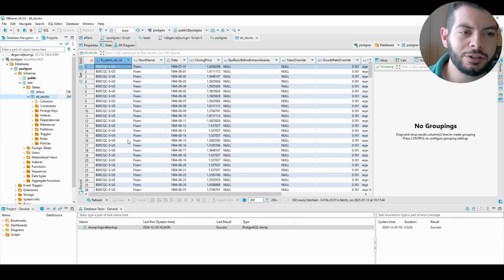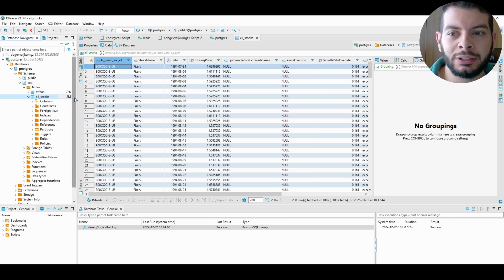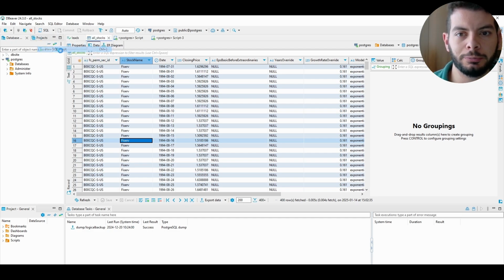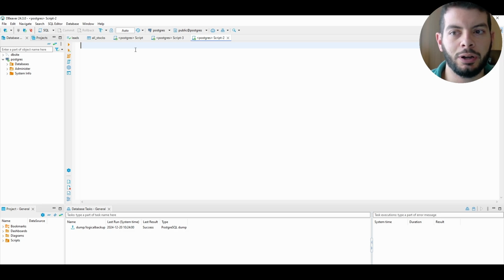After some minutes and some hanging as well, I admit it, at least on this computer, we have our database that consists of 2 million rows. Now let's see the fun part, because we want to see the performance of having a proper database. If we go to SQL and we click here and we select New SQL Script, we can interrogate our database, or in this specific case, our table.